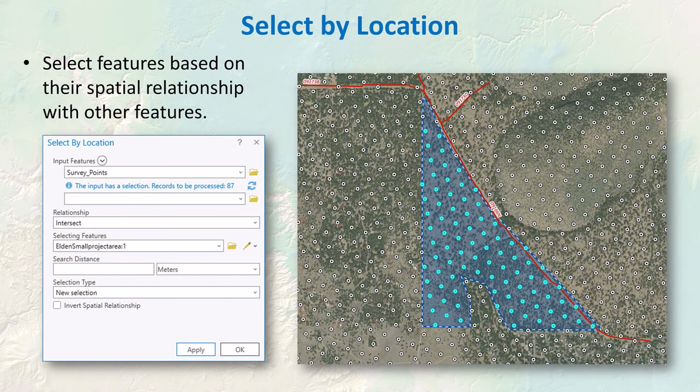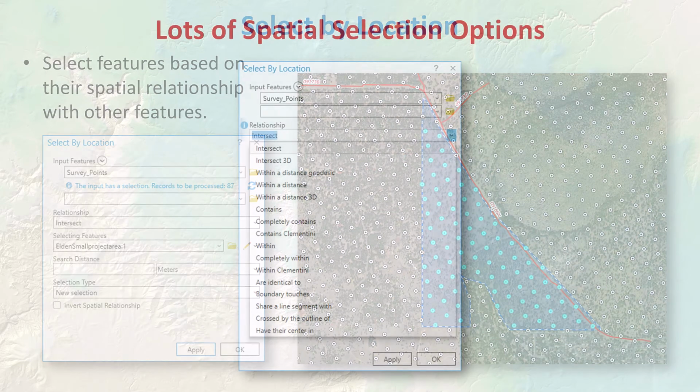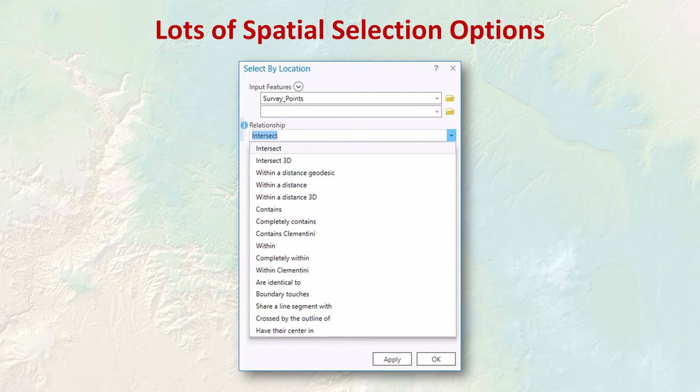Okay, so we've been discussing ways that you can select. We talked about clicking on the screen. We talked about selecting by attributes. Now let's talk about selecting by location. This is where you really use GIS. Selecting by location is all about using spatial relationships between different features. You use this Select by Location tool, and there are lots of spatial selection options, different spatial relationships that you can use. You can select all features of one feature class that intersect some other,